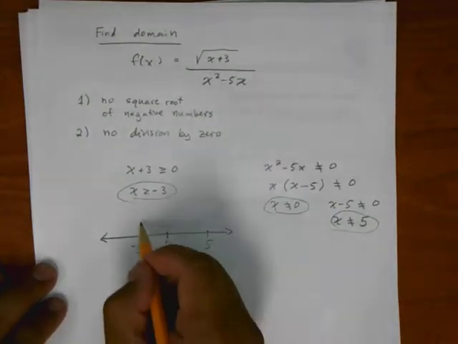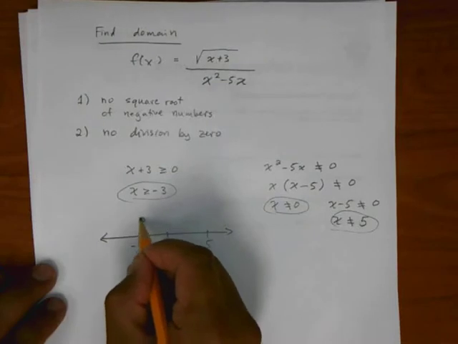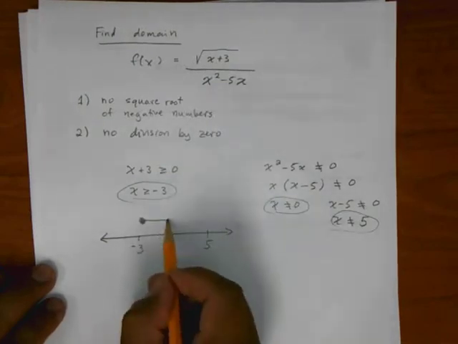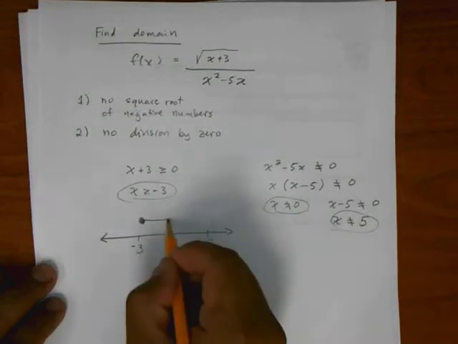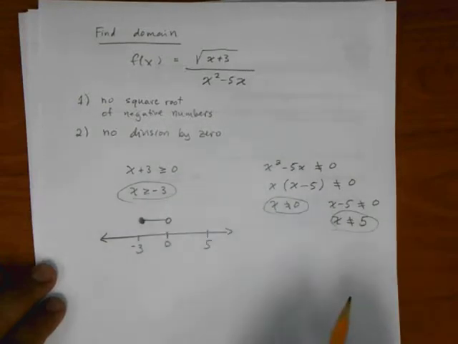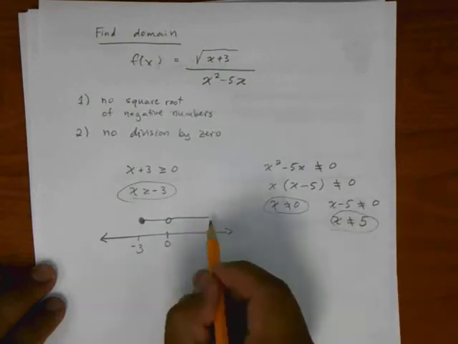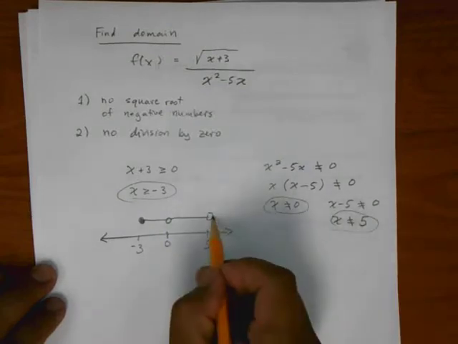So our first restriction is that x must be greater than or equal to negative 3, so it's going in this direction. However, x cannot be equal to 0, so I'm going to put an open circle there. X can be anything between 0 and 5, but it cannot be equal to 5, okay? And then it can be